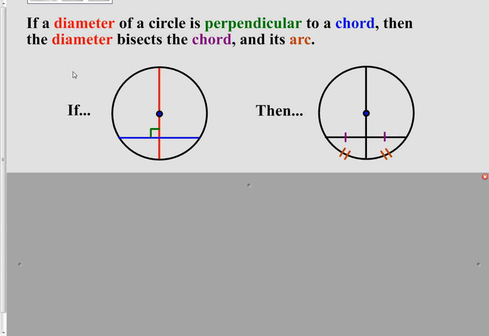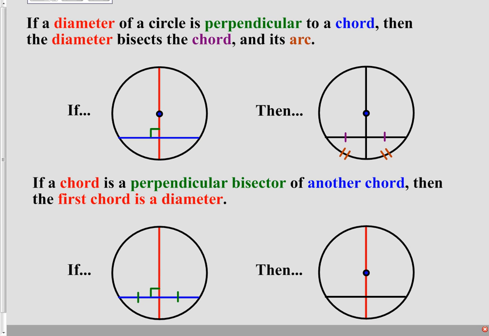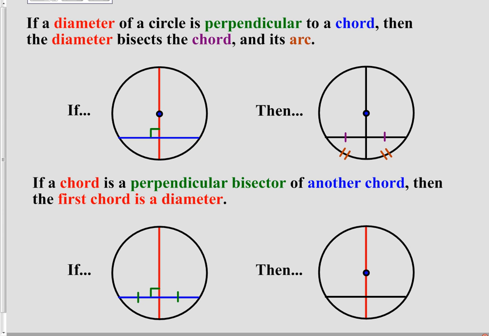Another rule that we are looking at today says if a chord is a perpendicular bisector of another chord, then the first chord is a diameter. Now this is basically the converse of the rule that we discussed at the top of the page. Instead of using the fact that we have a diameter intersecting a chord, which causes it to be the bisector of the chord and the arc,